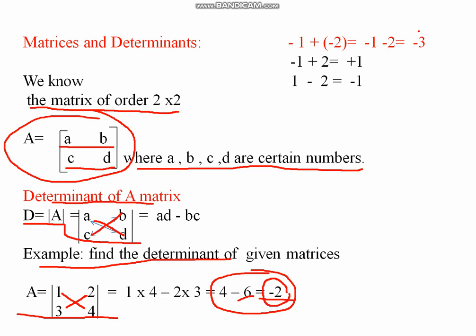In the same manner, remember this: if two numbers are negative and we have to add these two numbers, then the operation is addition and the sign of the answer is negative. Always remember, if both numbers are negative, then the operation is addition. We have to add these two numbers and the answer has a negative sign. If one number is positive and another is negative, then the operation is subtraction and the sign of the answer is the sign of the bigger number.